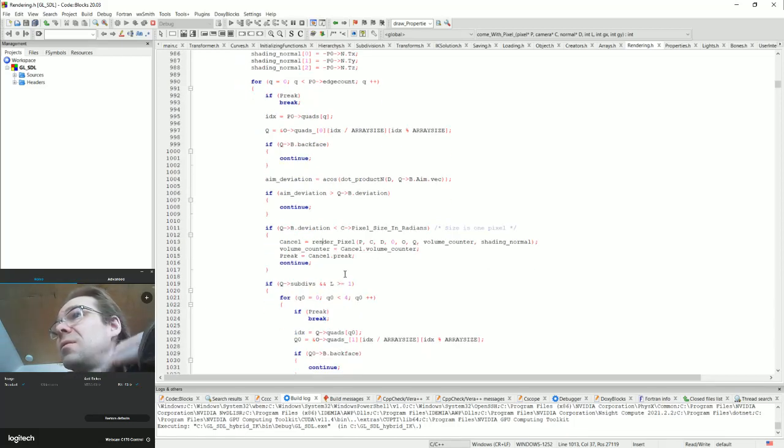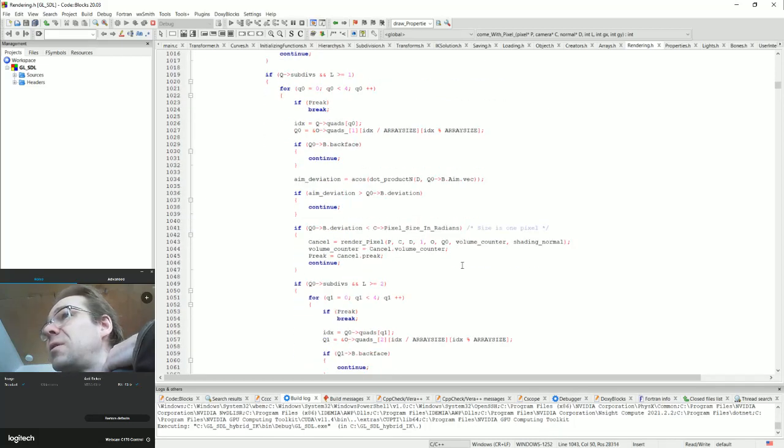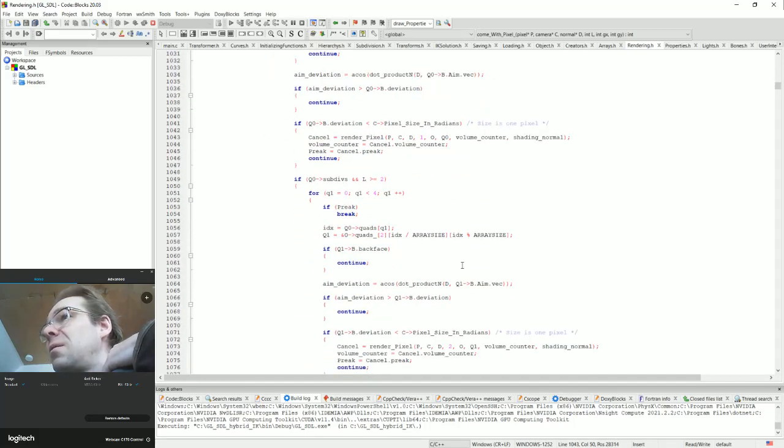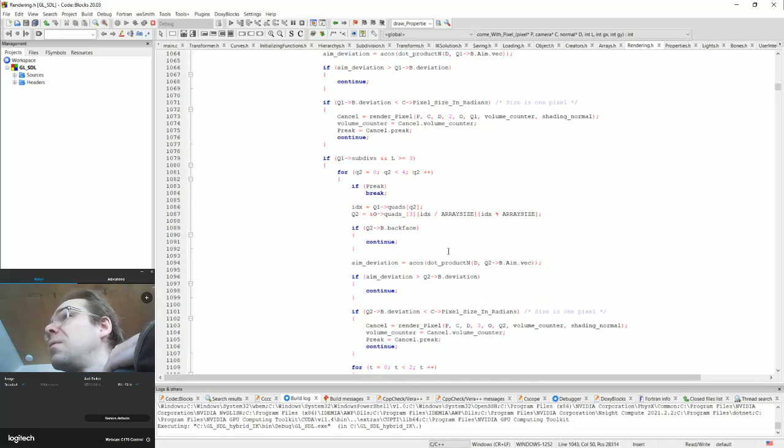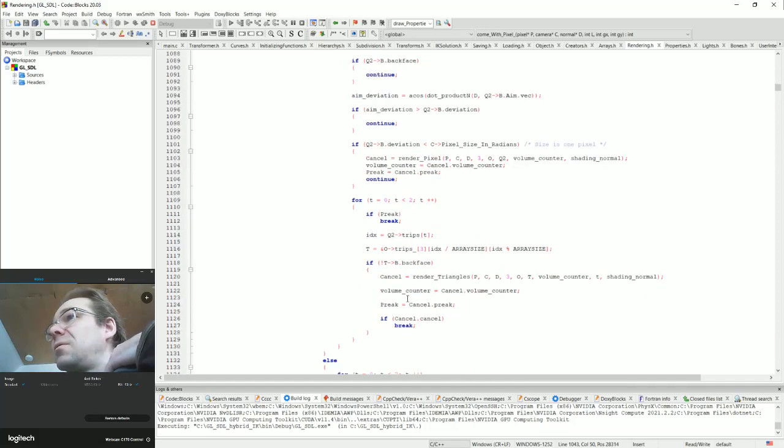And here it renders pixel, and when it's triangles, it renders triangles,